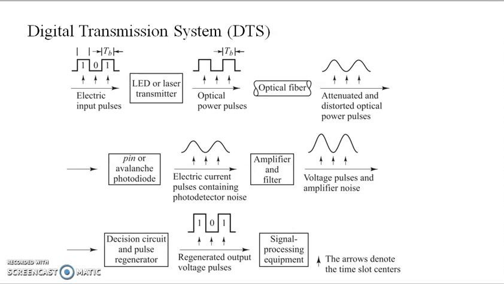Hi, we have seen earlier a digital transmission system in which the signal propagates in the form of digital bits, and the bit duration is about TB, a very short duration, propagating through the source and the fiber. So we can have a source that is an LED or a laser, and the system uses on-off keying, so that whenever we have a 1 bit there is light, and for a 0 bit there is no light. So optical pulses propagate through the fiber.